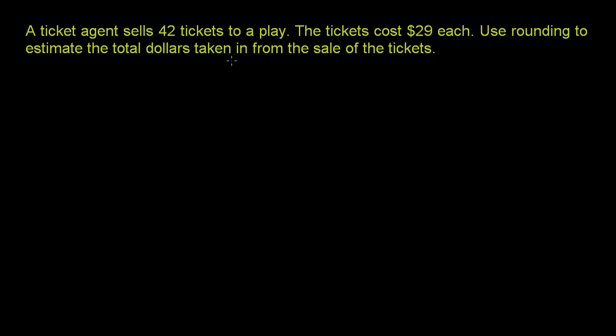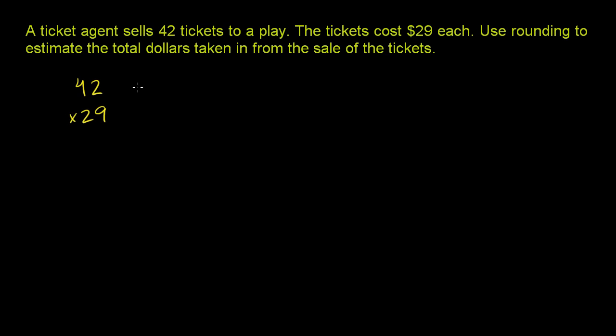Now, if we wanted the exact number, we could say 42 times 29, and we could work out the multiplication. But they essentially want us to be able to do it in our head. We want to round the numbers first and then multiply. So if we want to round, and really we just have two places here, if we're going to round anything, it's going to be to the nearest 10, because that's the largest place